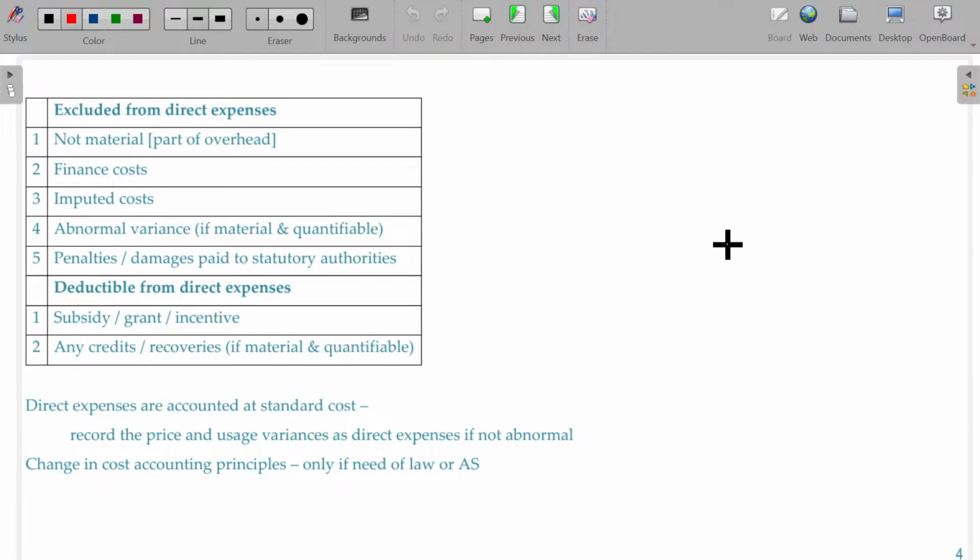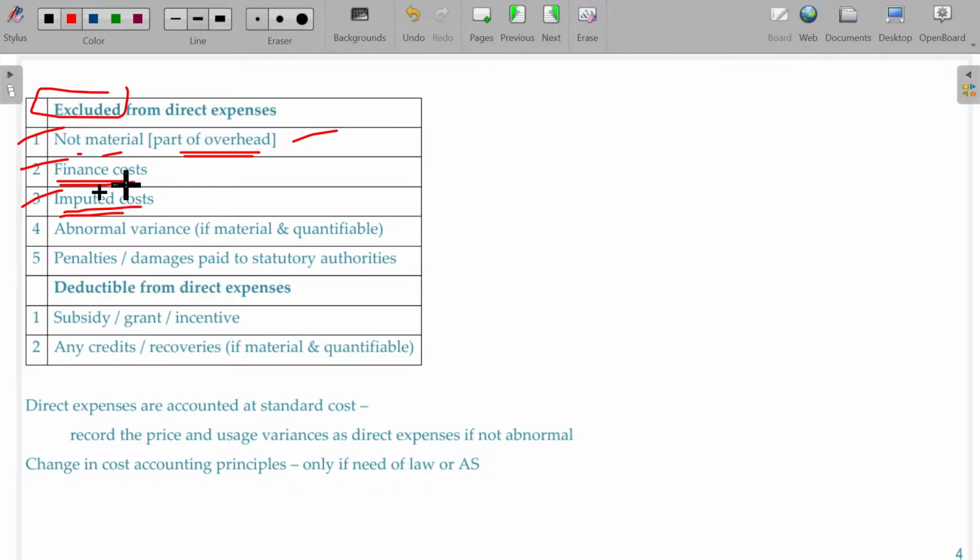And what are the items that will be includable in that expenses? What are the items? Not being material, and being part of overhead, these will not be includable. These are going to be excluded. Finance cost, any borrowings for that, if you are paying interest, will be excluded. Imputed cost, notional cost is called imputed cost, right? Interest payable on the owner's fund capital, or salaries offered for the owner's service, those things are called imputed cost,